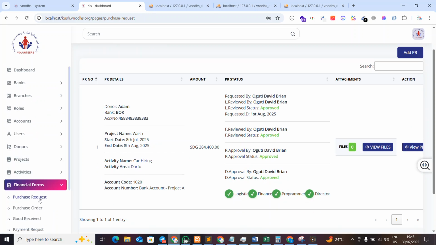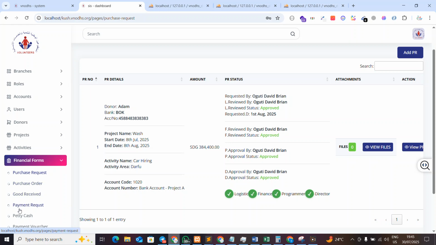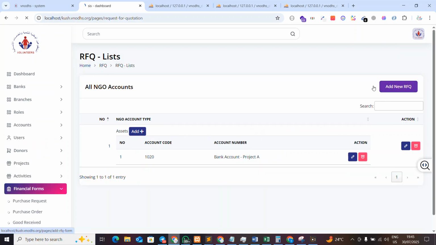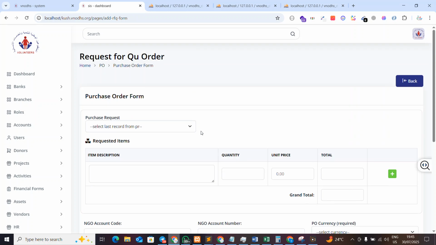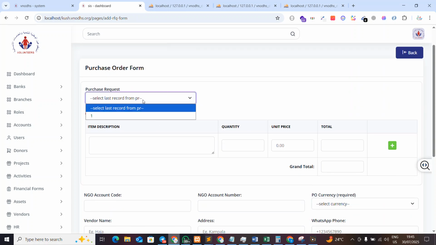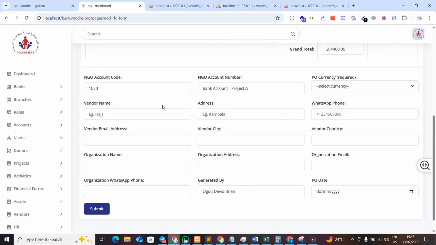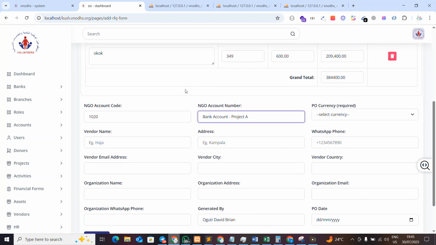We have the purchase request, purchase order, goods received, payment request, payment purchase petty cash, payment voucher, and request for quotation. Request for quotation is where the vendor comes in, and we work on it for the vendor. We already have a purchase request and the purchase order, and when we do that, it populates that record for us. This comes up by default with the system, where we get